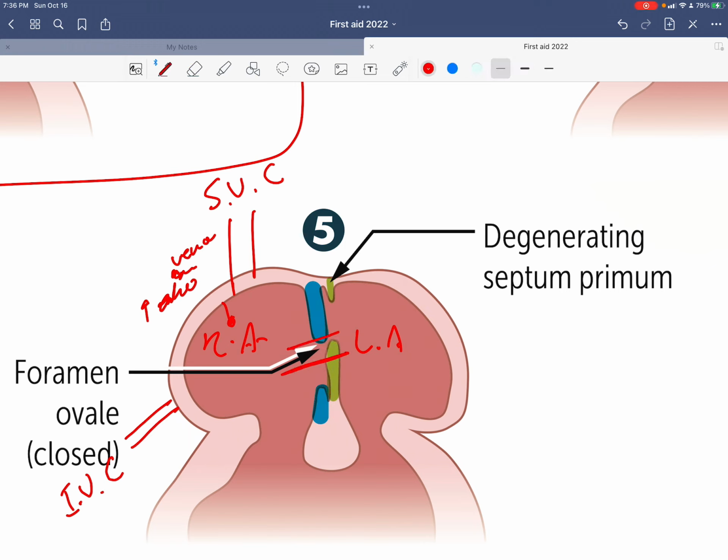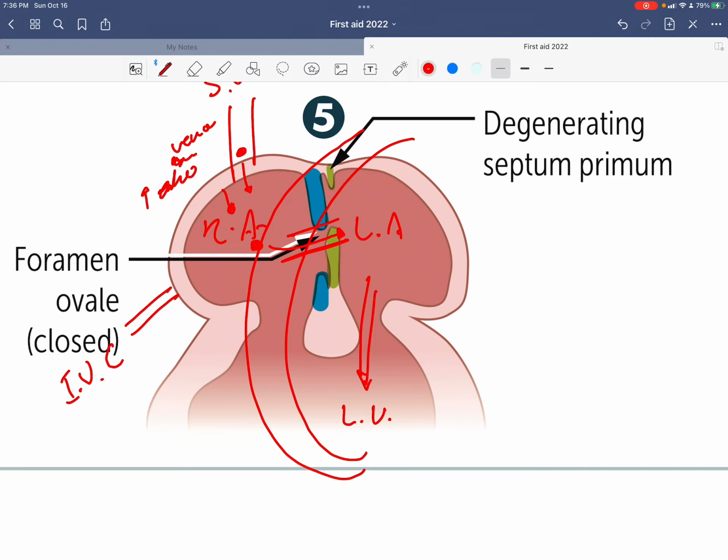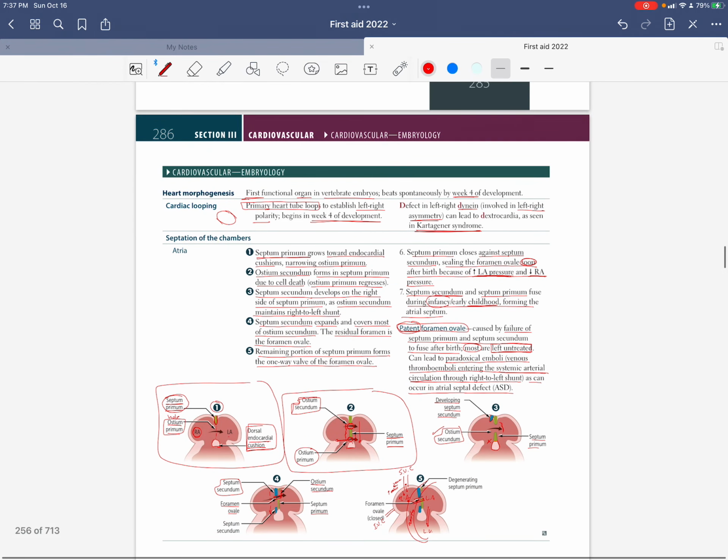So if there is an opening between these two atria, that means this emboli, the one that came from the superior vena cava to the right atrium, then goes right to the left atrium. From the left atrium it goes to the left ventricle, and from the left ventricle, of course, it would go all the way to the aorta. That's how it gets into the systemic arterial circulation, because the aorta goes to the